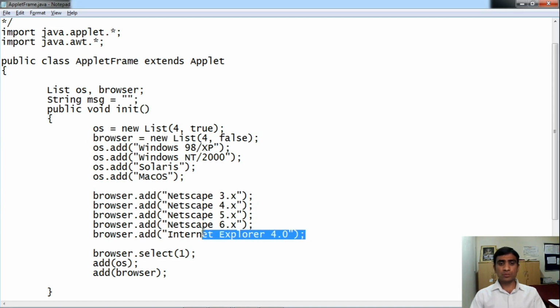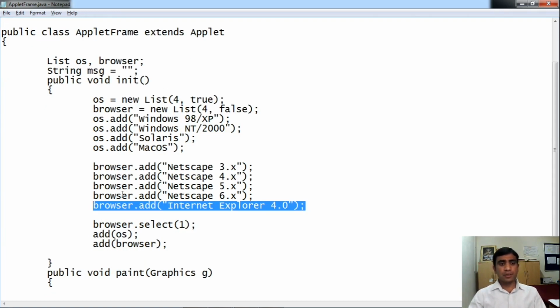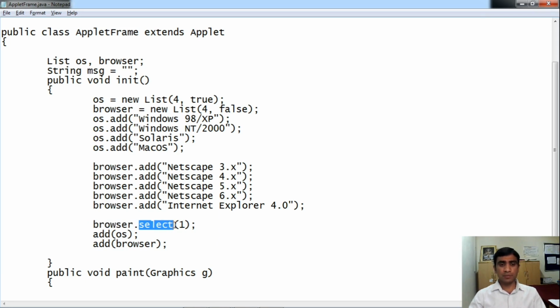If you want to see the fifth item, you can use the scroll bar available with the browser list control, right? Now next we have written browser.select.